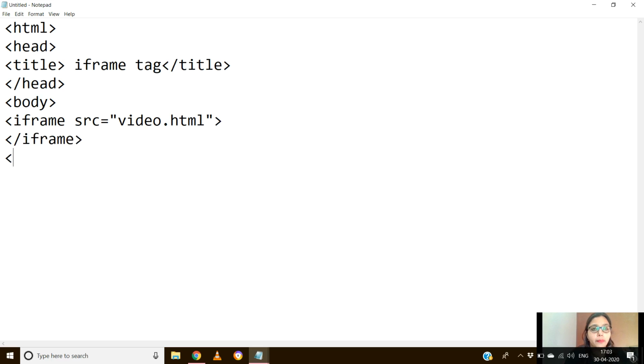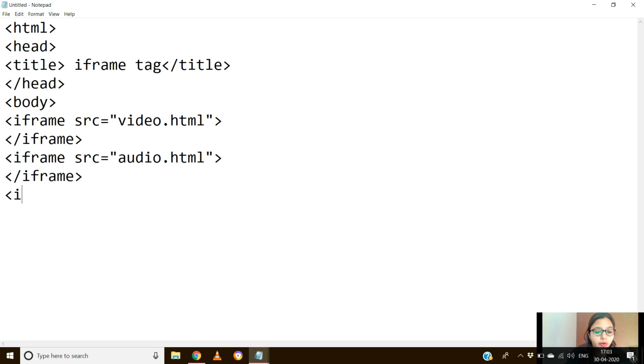It is not compulsory to add one or two only; you can add any number of frames according to your wish. So now the next iframe src equals to audio.html. Here I'm basically inserting another HTML file in my new HTML file. And now I'll be closing this iframe tag.